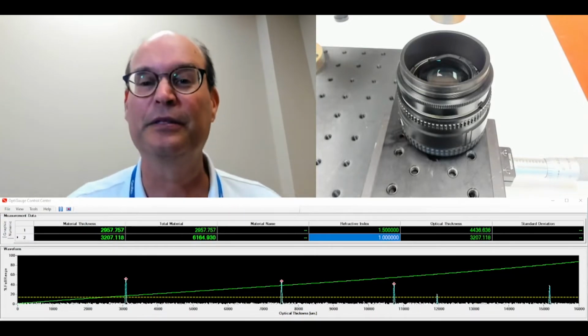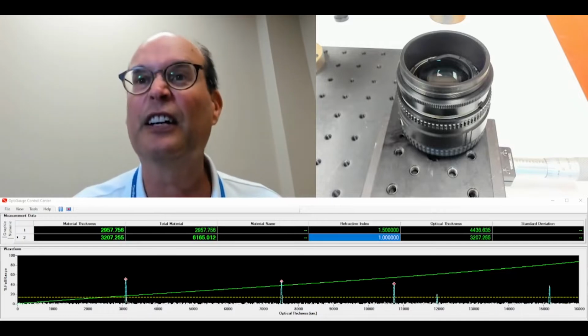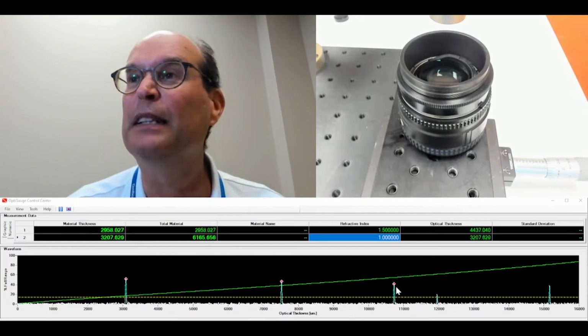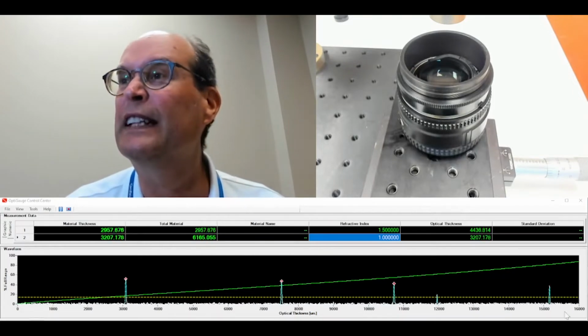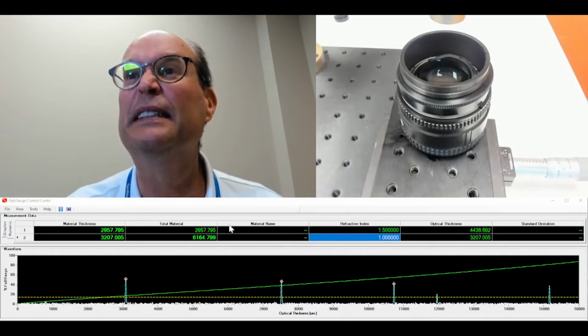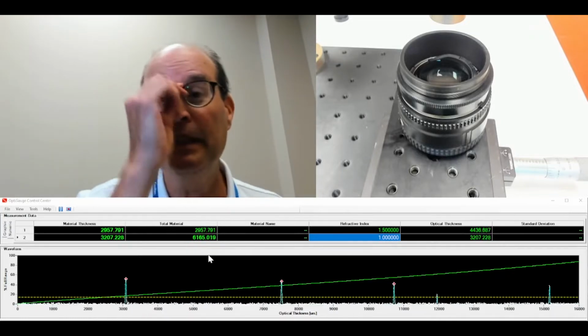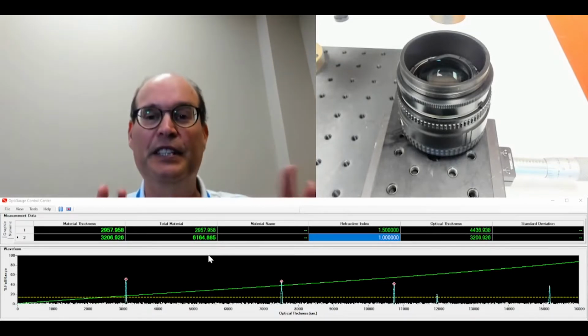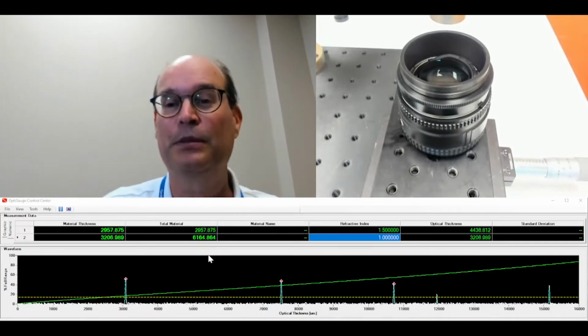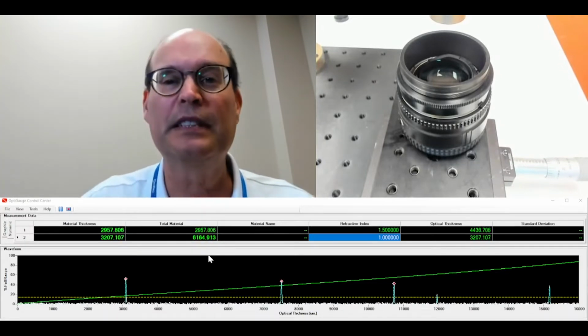That kind of does look interesting. You can see there are several peaks popping up in our waveform. In fact, I'm not even going to try to get all the numbers on the screen at the same time. We'll just look at peaks and see if we can see what's going on and guess what's going on. It takes a little bit of guesswork for this kind of stuff because